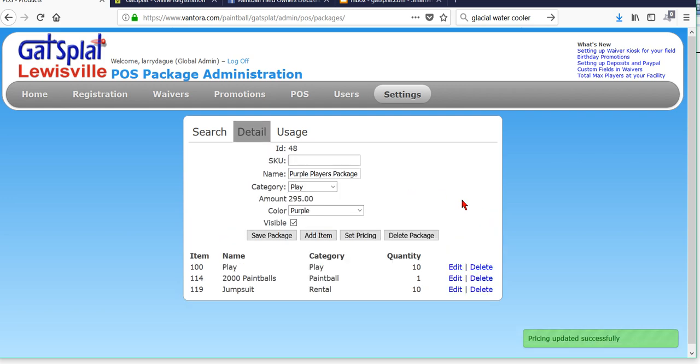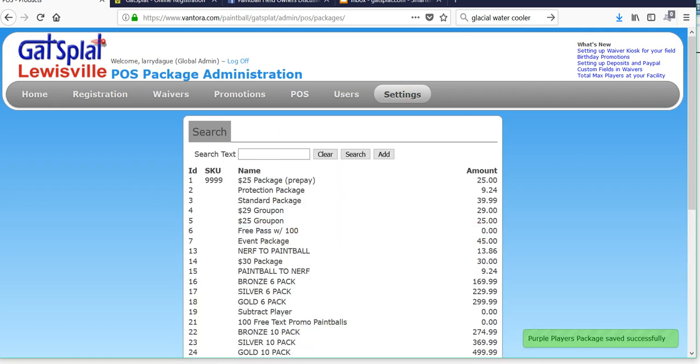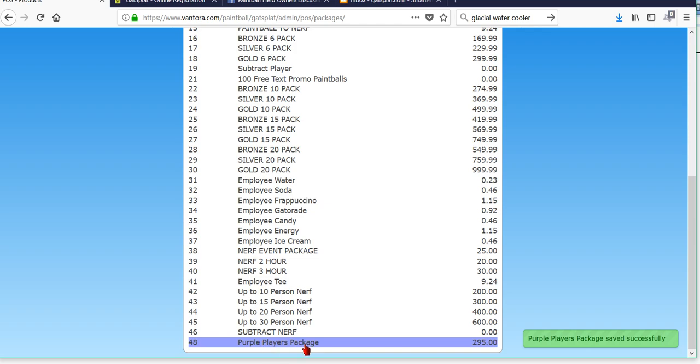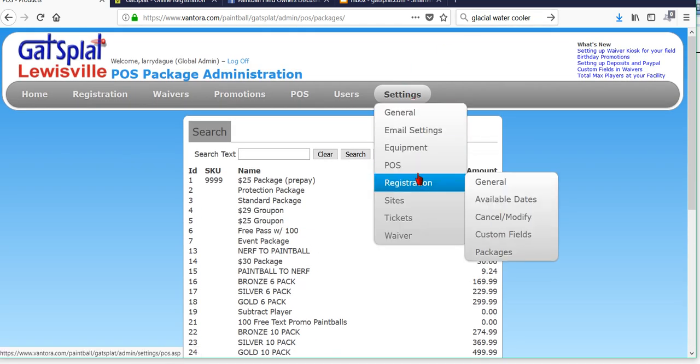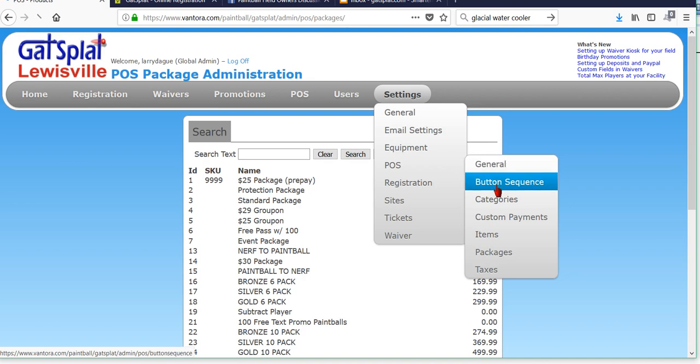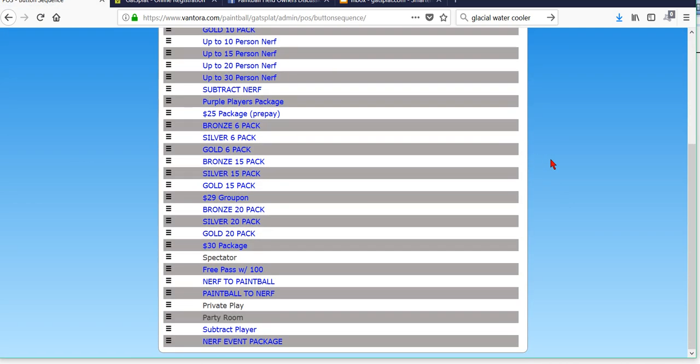So now I update the pricing. This gives me now a purple package for $295 that includes these items. So now we save this package, and there it is at the bottom, our purple players package. We can choose where that button shows up. So if we go to our button sequence, we see that we have this in play, and at the bottom of